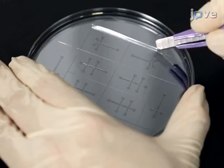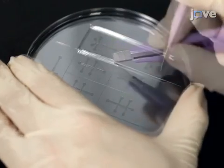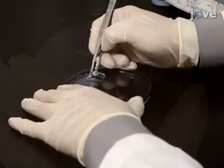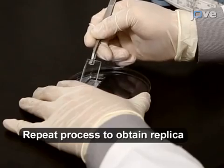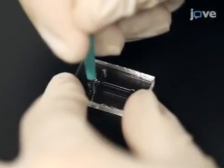Cut the cured PDMS into the size of a single chip using a sharp scalpel. Carefully peel off the cured PDMS replica from the master mold by hand. Punch inlet and outlet holes into one of the replicas using a hole puncher with a slight